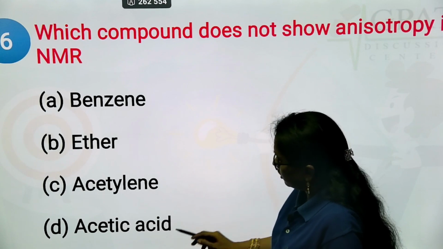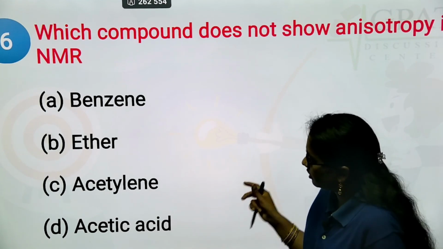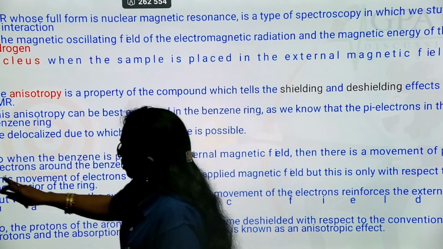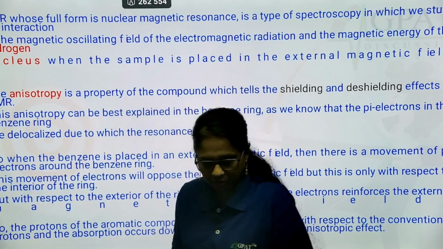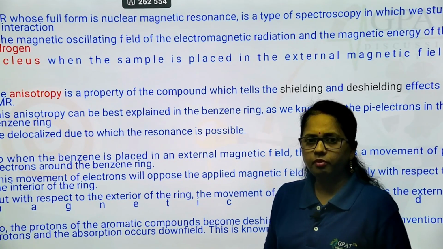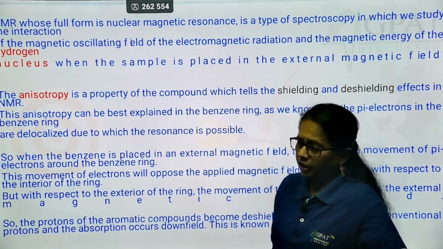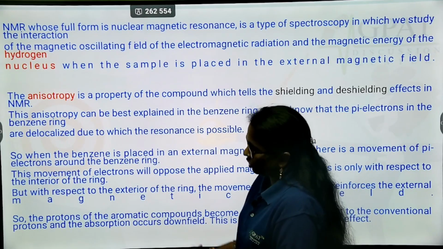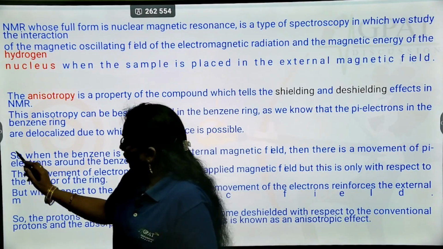Benzene, ether, acetylene, acetic acid. So among these, let us first see what anisotropy is, then we will come to know which molecule cannot show anisotropy. Okay. So if you observe anisotropy in nuclear magnetic resonance, that means where you are going to see the